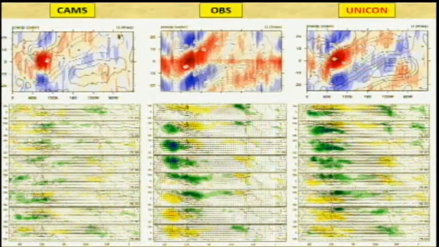So when some folks showed me this about a year ago, I felt like, God. But they say it's the coupling. It's the coupling. And it's no. If you get the convection correctly, you'll get it. And this is just a composite for the different phases of MJO. The color shading is OLR. It's very weak in CAM 5, but UNICON is much, much better than CAM 5. And the reason why I don't show the results from CLUBB is because I think CAM CLUBB doesn't really do much in terms of improving the simulation of MJO.